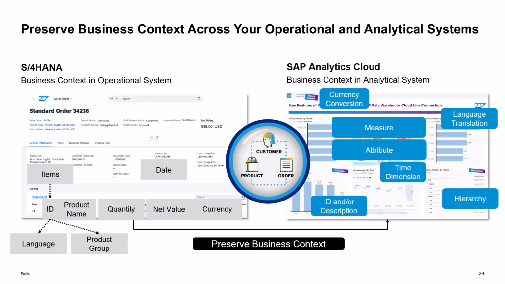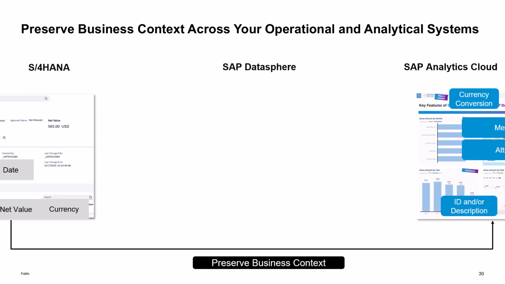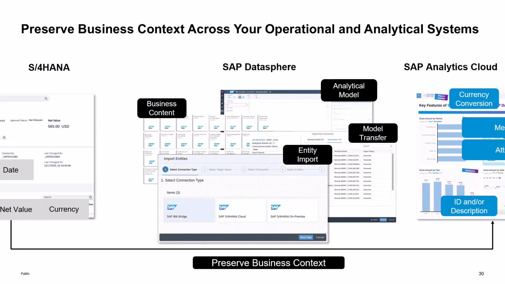So bringing that together, based on what we get from an operational system like an S4 system, where you have all these data points in the system, and what you see then on the other end on the analytics system, where this is displayed in a slightly different context, right? So depending on whatever your focus of analytics is, but preserving really this kind of business context. That's what we mean.